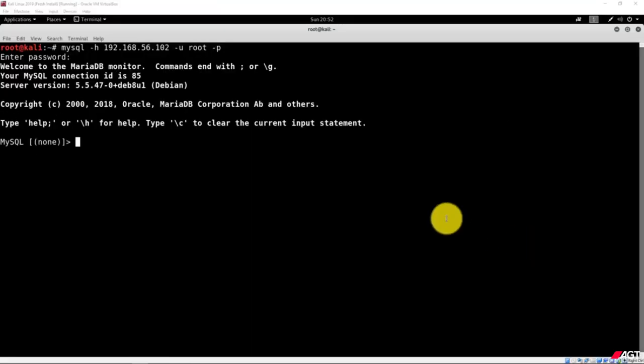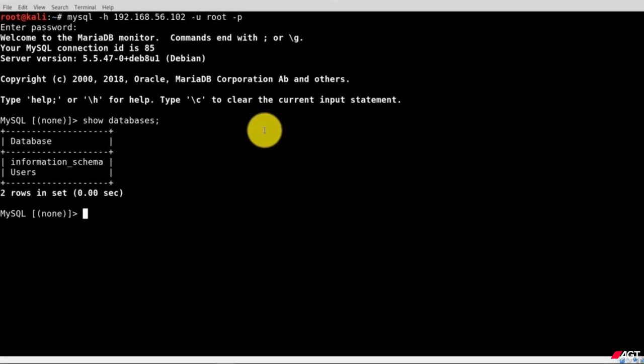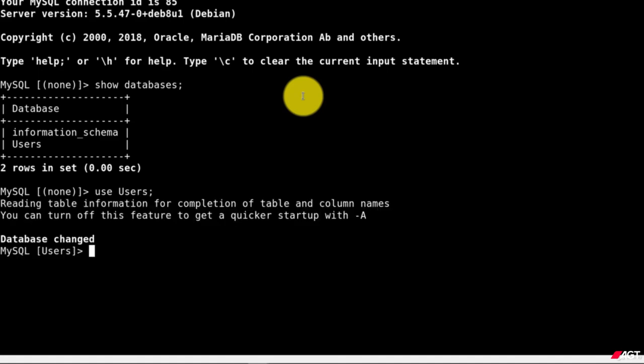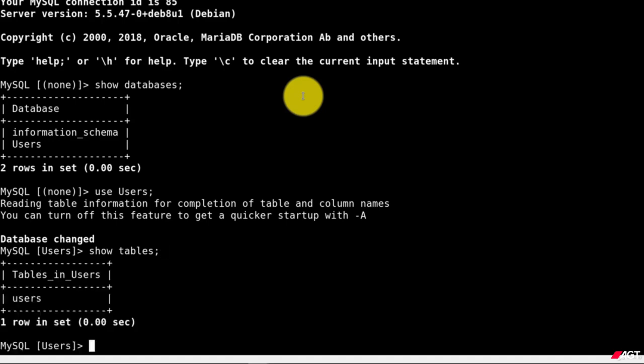Now let's do some quick database enumeration. Type in show databases; So it looks like we have a users database. Let's check that out. Type in use users; Show tables; Here's a table, which is users. Let's check that out. Select * from users;